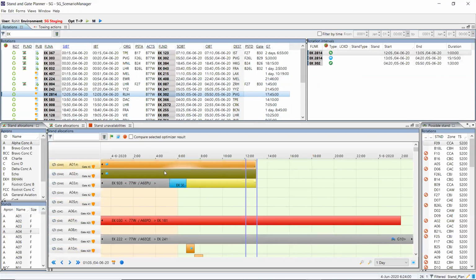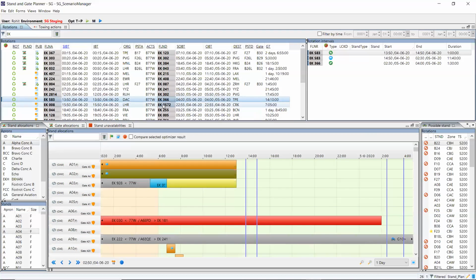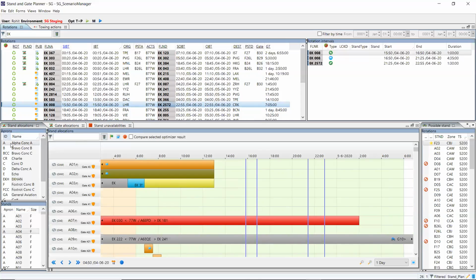In the middle of the view, we have the stand allocation form, which generally consists of a Gantt chart for stand planning. On the left-hand side, you can see the number of stands on which the user can plan their rotations. On the left-hand side, we also have apron and stands as a subform. The functionality here is, as soon as I filter out any apron, in the stands subform also,